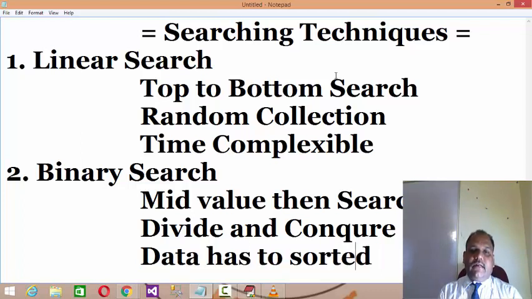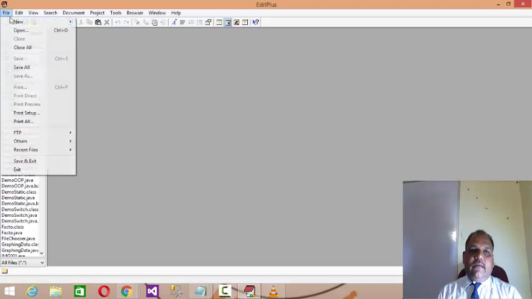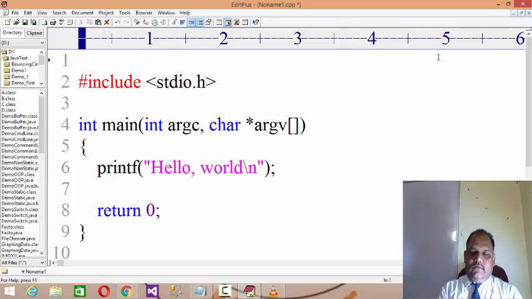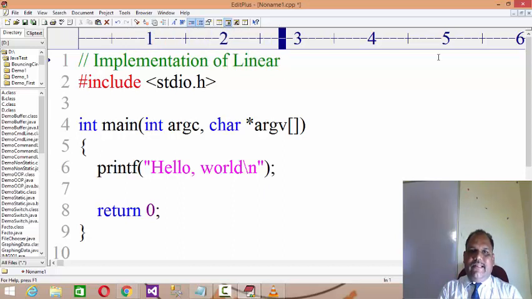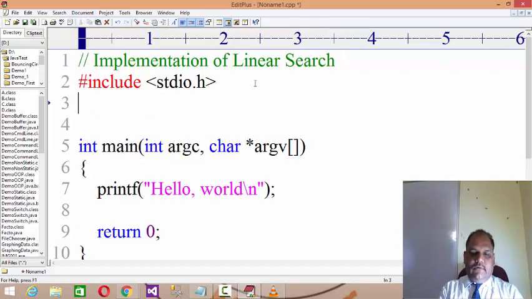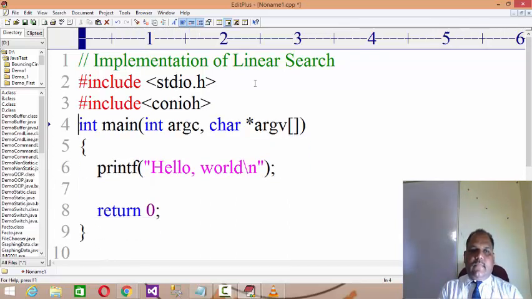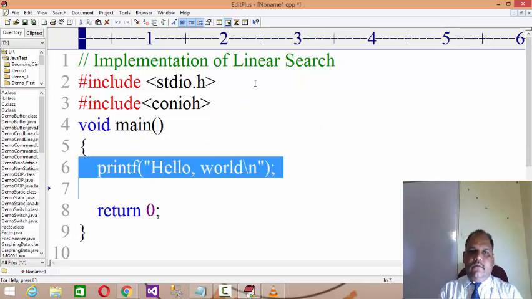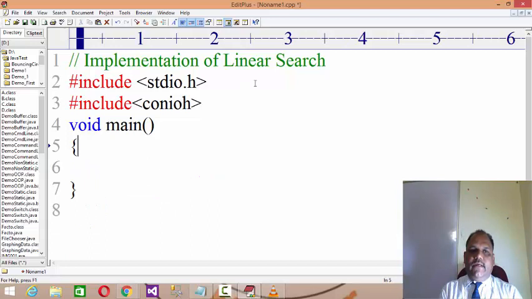Let's implement the linear and binary search one by one. So here firstly I am going to apply the implementation of linear search. Now, first of all, you declare an array of particular size.